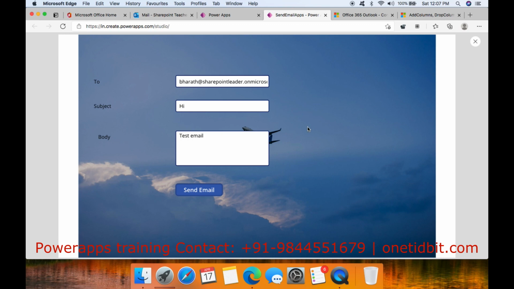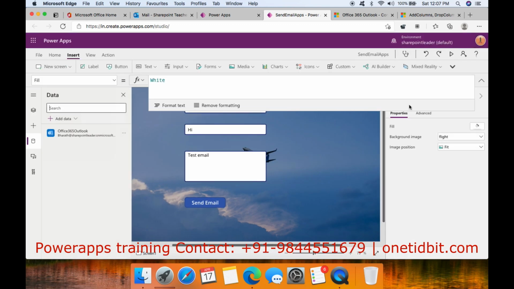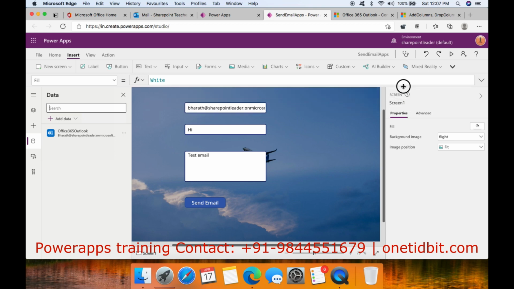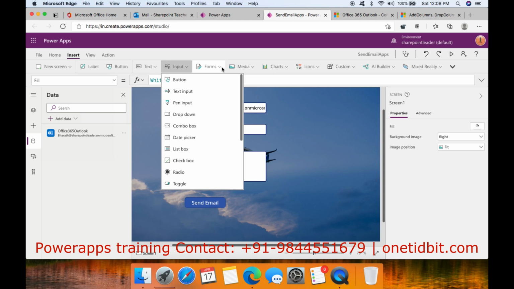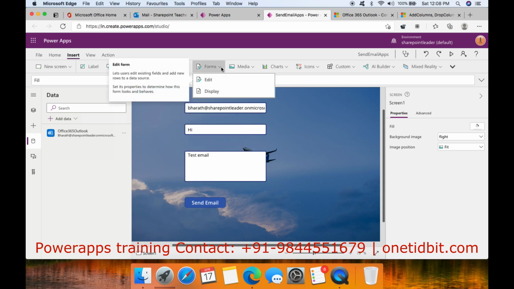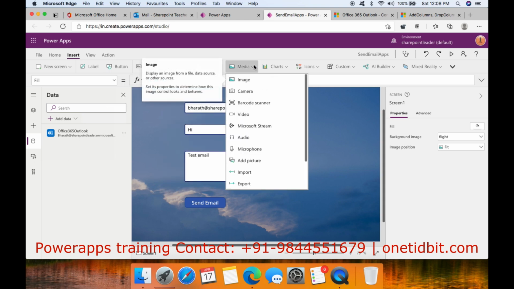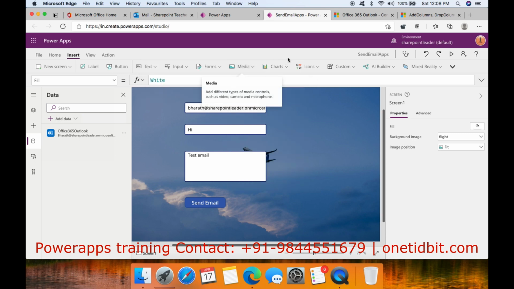Now we need to add some attachments to this app. So let's check how to add that. Here we don't have any control to attach things like PDFs or Excel sheets. A control is not available here, so there is no direct control.